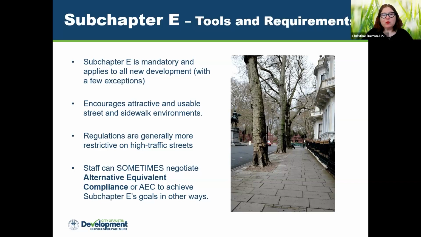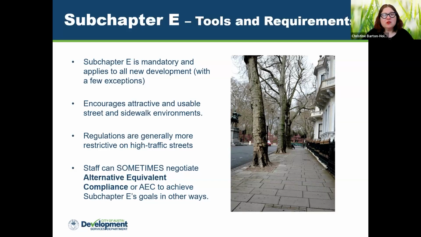The regulations are more restrictive on high traffic streets. So like North Lamar, South Lamar, Burnet, Congress, as examples, the requirements there are a little bit more stringent than they might be farther out in the suburbs. And we can negotiate.